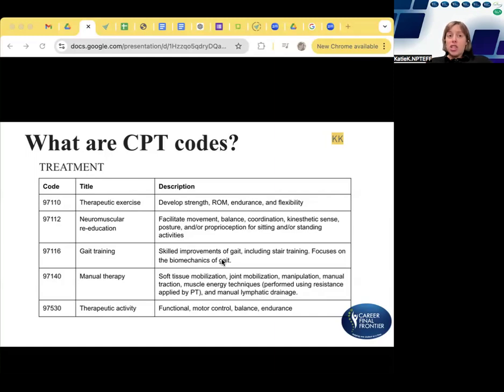If you're getting into more functional activities, even something like sit to stands, sure, that's strengthening, but really that's a therapeutic activity because you're working on something functional. Gait training is different than therapeutic activity in that you're really focusing on gait specific tactics. So how are they climbing the stairs? Are they doing reciprocal? Are they doing step to? Really just look at the biomechanics of gait to differentiate between what you might be doing to help enhance gait with therapeutic activity and just their gait in general, if that makes sense.